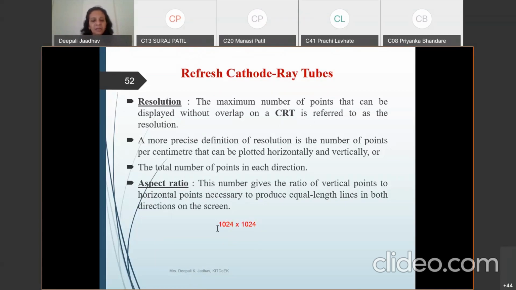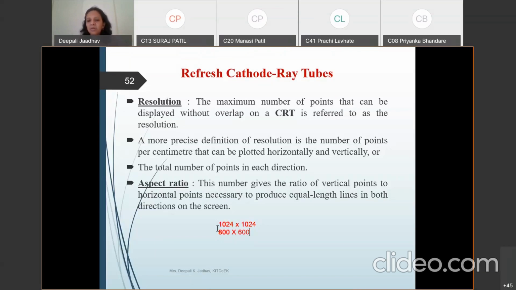Many times we say our normal monitor, previously it was 800 by 600. So what is this? That is the number of points we can display: 800 horizontally, 600 vertically, the points we can see on the screen.